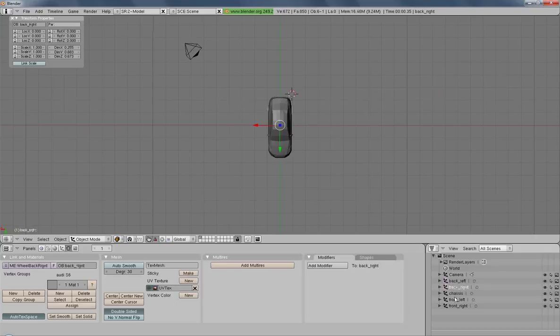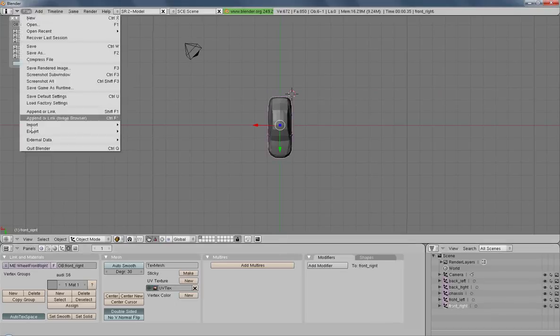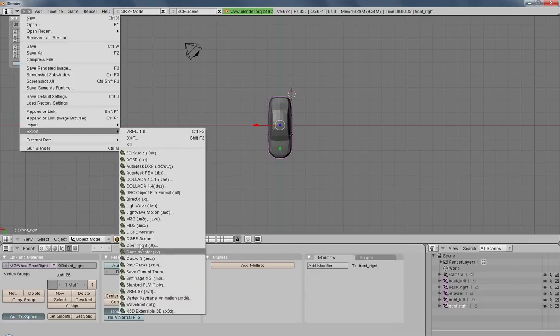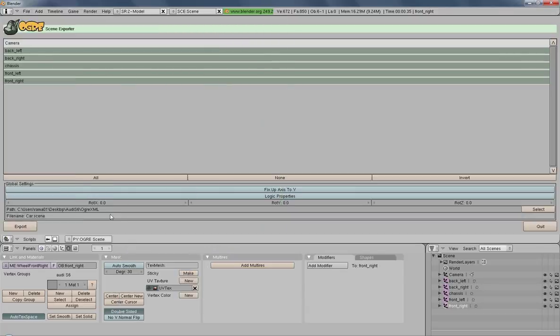What we do next, we select those pieces that we want to export. We go to the export menu. I already installed the OCRIM exporters, so it's one exporter for the scene and one exporter for the meshes. You would have to install both of them. Maybe you have to install Python as well if not done. I start with the scene export here,